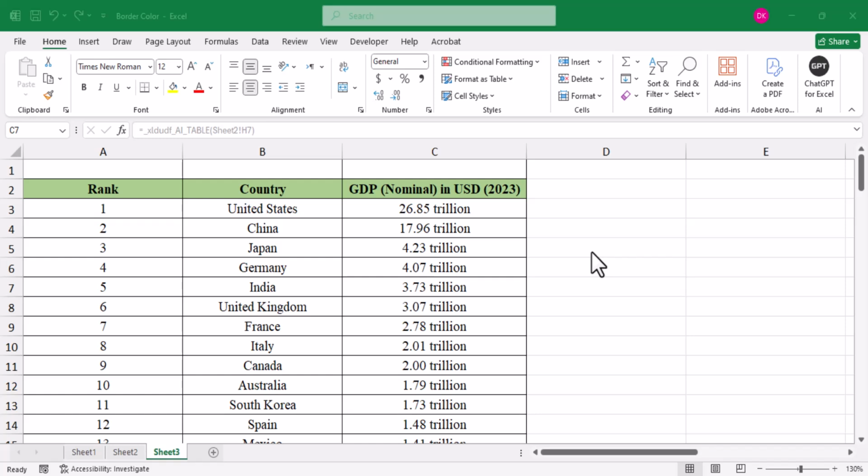Hello everyone, welcome. In this video, I will guide you how to change border color of your table in Microsoft